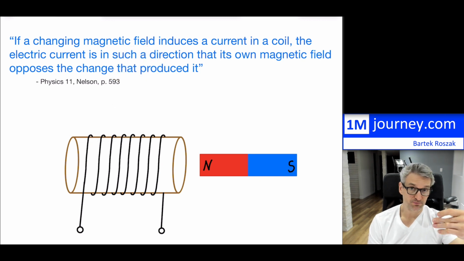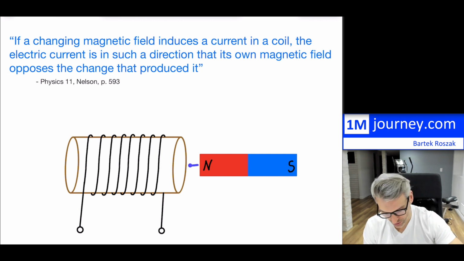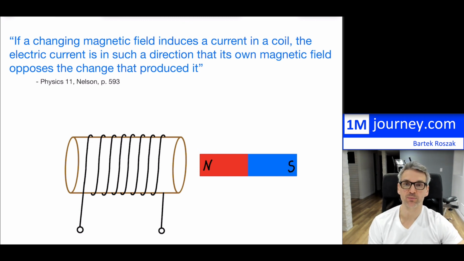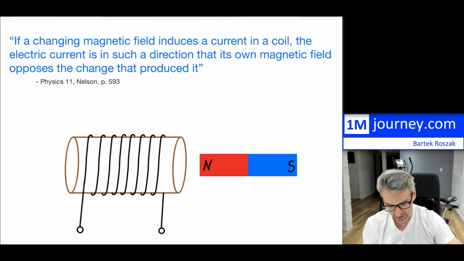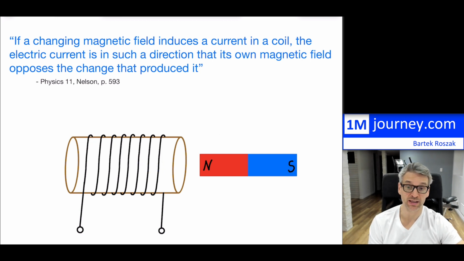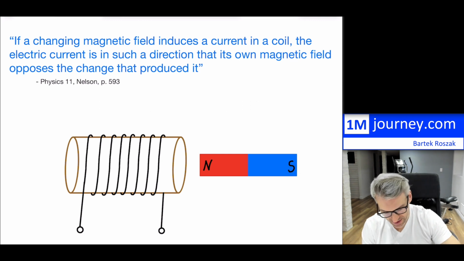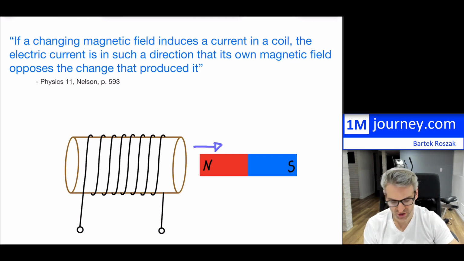Now, let's take this a little bit further. What if instead you tried to move this inside? What if you wanted to move it away? Okay, so what if you wanted to be able to move this away within? So what is happening? Now you might think that it might still try to run in this direction. Well, that would actually be incorrect, because if this is now moving in this direction, then